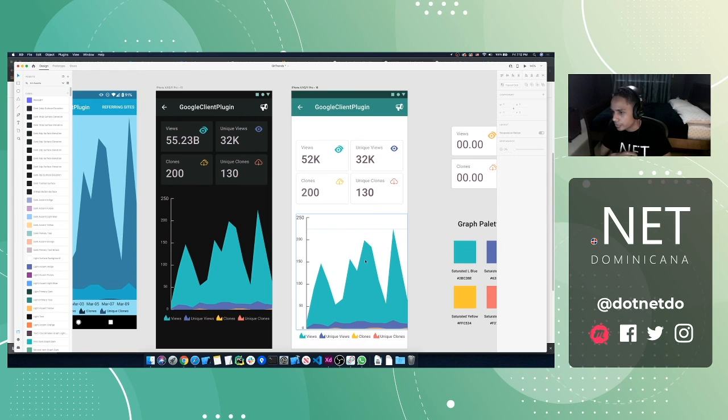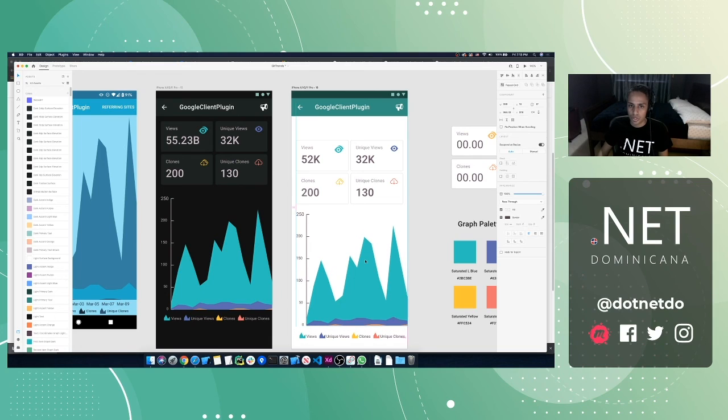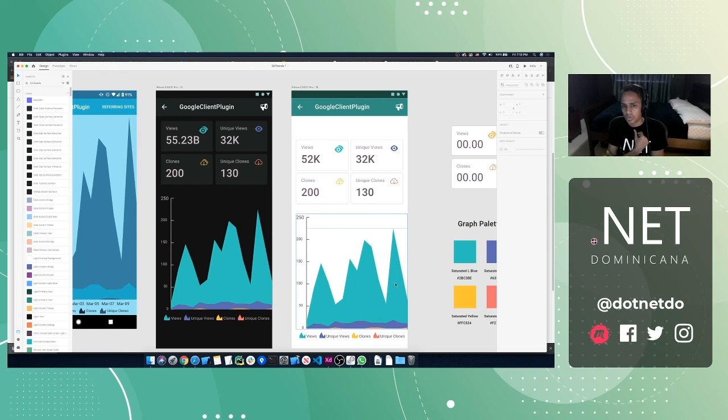Oh wait, we have another question. How do you make those graphs? Microcharts? No. So in GitTrends, we're using the Syncfusion component for the charts. So that's how we're implementing our charts in GitTrends. We're using the Syncfusion component. Yep. You definitely could also use Microcharts, but we just went